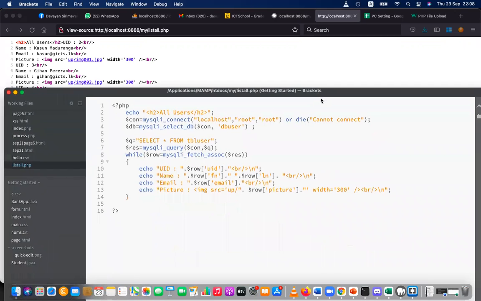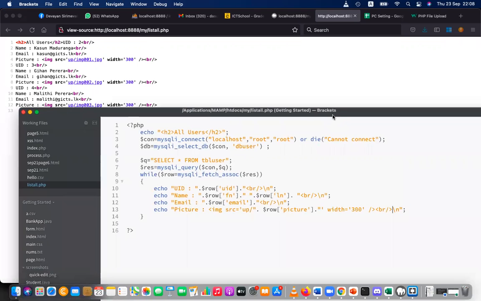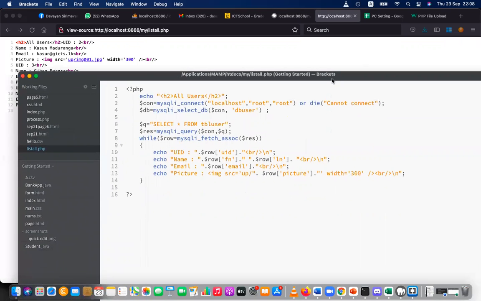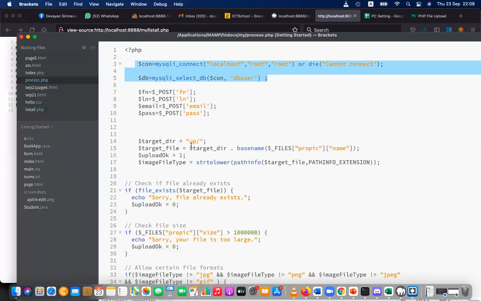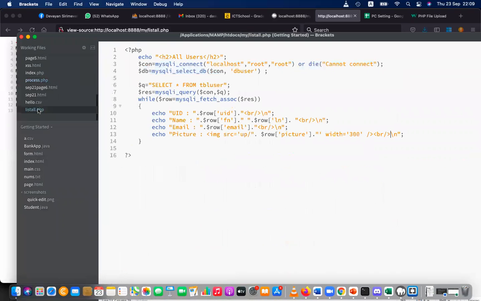Okay, I want you to create the image gallery using this. Image upload, image gallery using this. Now, we learned two things today. One thing is image uploading. I have already given the process file. How to check and upload the image, we learned that. And now we learn how to list